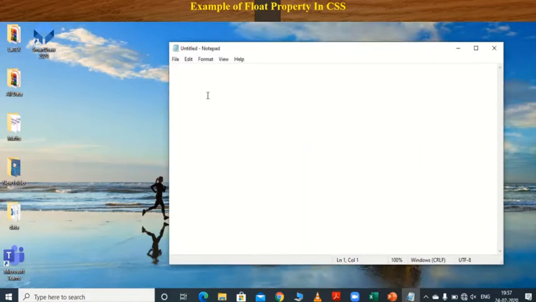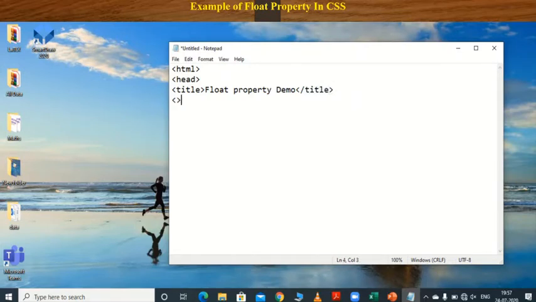So first tag HTML, then head, then title as float property demo. Then close the title tag.